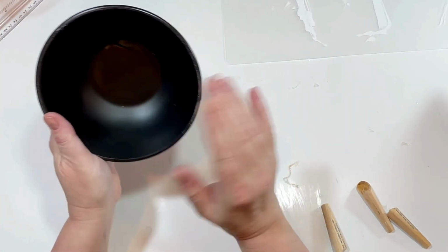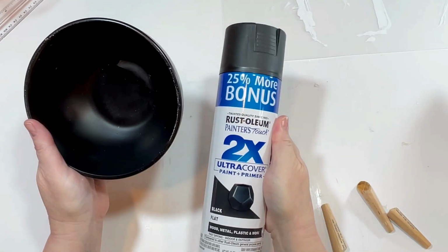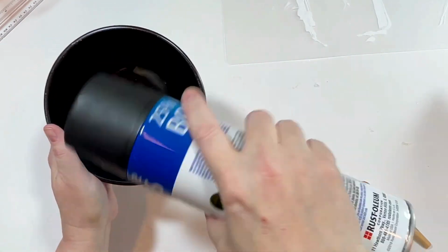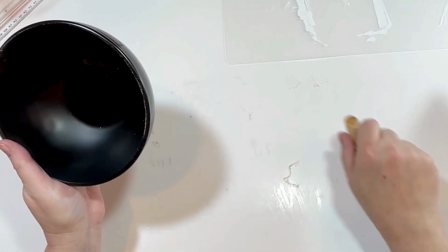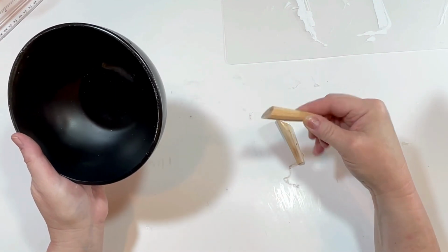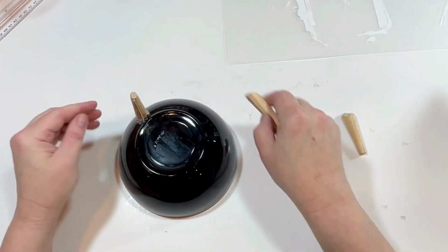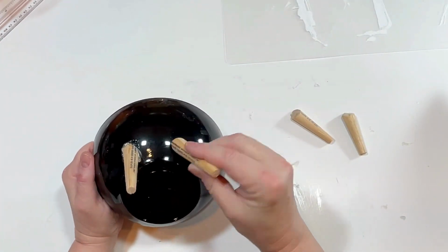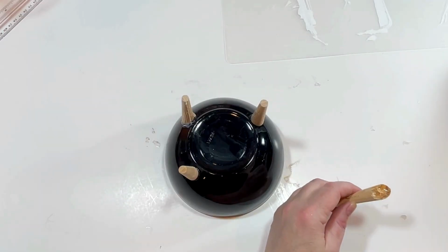I ended up finishing the cuts on all the legs with a small hand saw, which isn't easy on my arms, but it worked, and I spray painted the inside of the glass bowl with matte black spray paint. I'm going to be using Gorilla Glue hot glue to attach the little snake tail legs to the bottom of the bowl. I used a little extra glue for reinforcement on the legs and allowed that to dry, and then